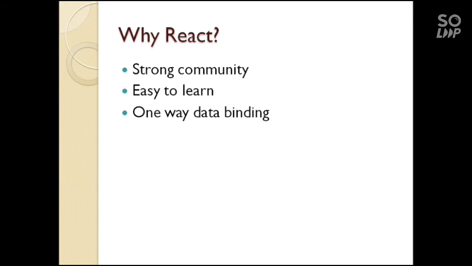As React follows one-way data binding, it becomes easier for developers to debug errors. Using one-way data binding, you can only pass data from your parent component to the child component. The reverse scenario is not possible in React. Next, React follows a component-based approach, which means you can create a number of components in React and you can reuse them as many times as you want.